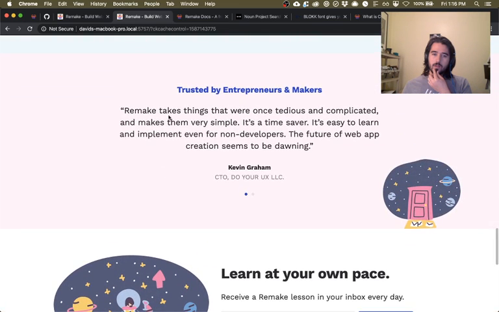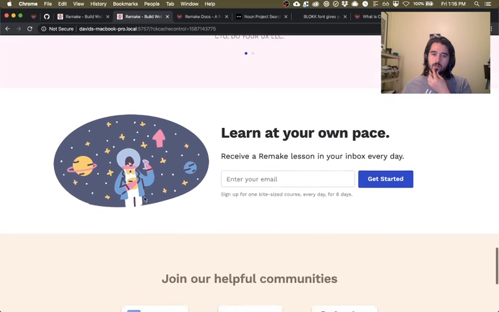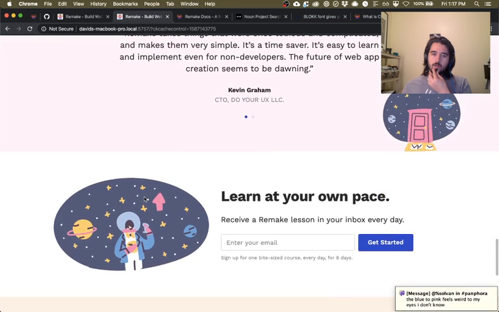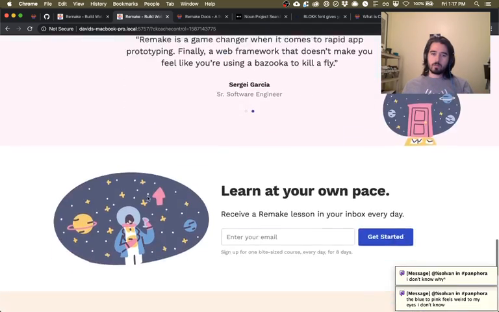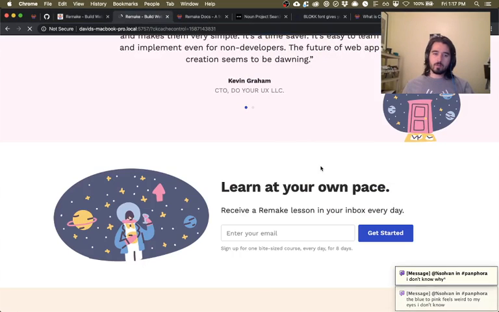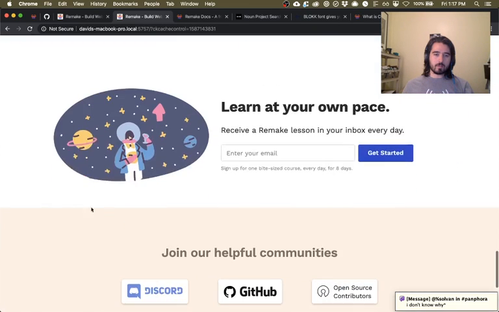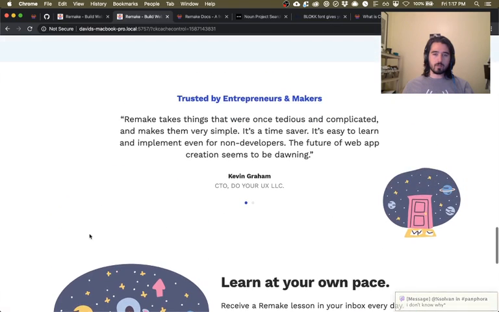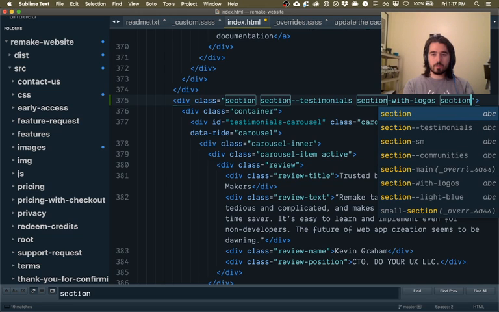I think we could have, yeah. I agree. But we can't have like this white section followed by this white section. So what we can do is have section